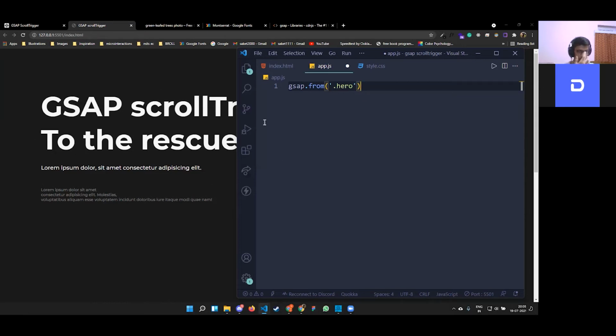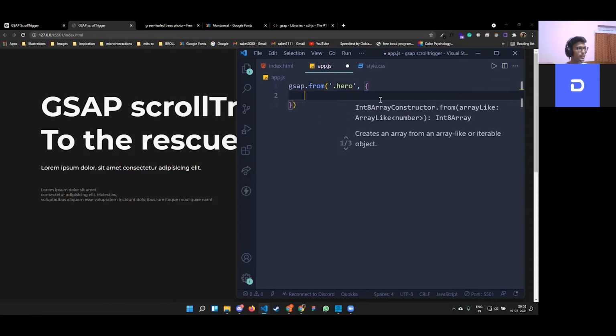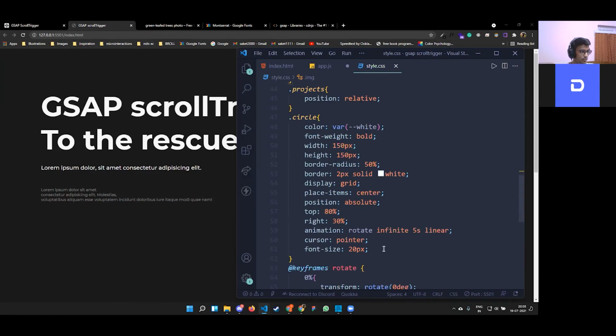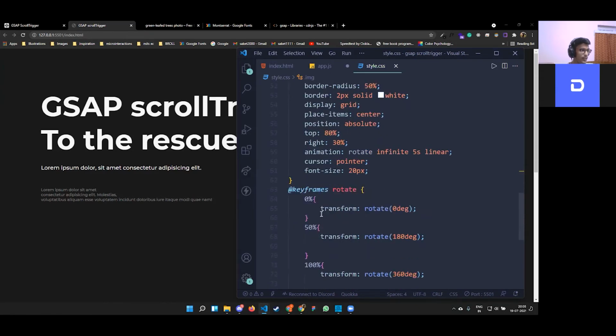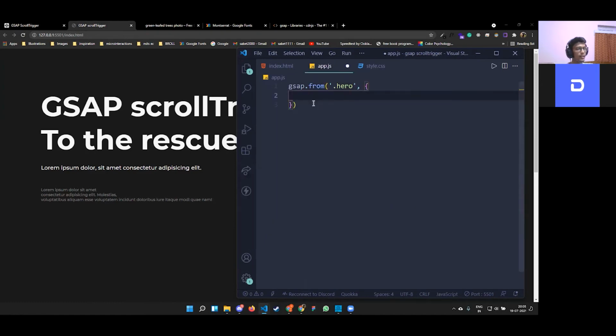So I'll just write .hero, and then I'll put a comma, and then I'll open up the curly brackets. Here we have access to all the CSS properties. Just like we write everything in CSS, all the transform, positions, scaling and everything, we have access to all the properties in these curly brackets. Here the first thing I'm going to do is write the Y position. It will be animating from the bottom. So I'll define the Y position to be